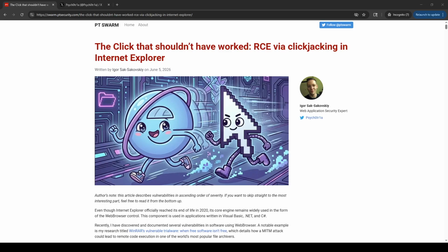Research review. So we've got the click that shouldn't have worked, RCE via clickjacking in Internet Explorer. I'm actually looking at this for a reason I'll get into, but this is by Igor Sak-Sakowski or Psych0tr1a, I don't know, but from PT Swarm. The reason I'm interested in this article is because I actually have it like an